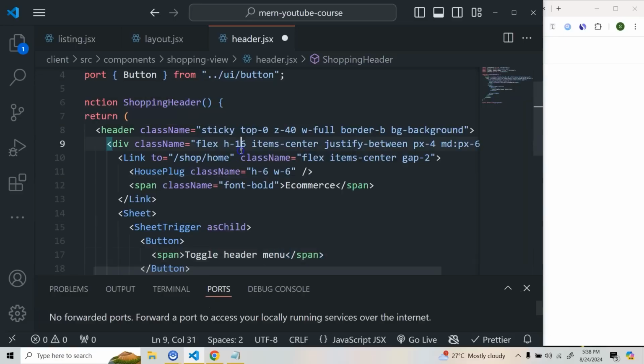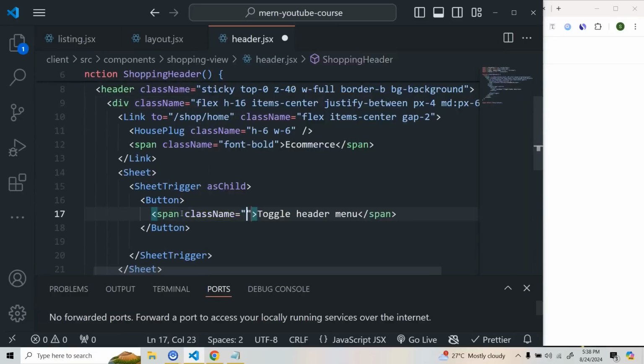I'll keep this with class name sr-only, so that we hide this part. Yes, and in this button, we'll do variant as outline,